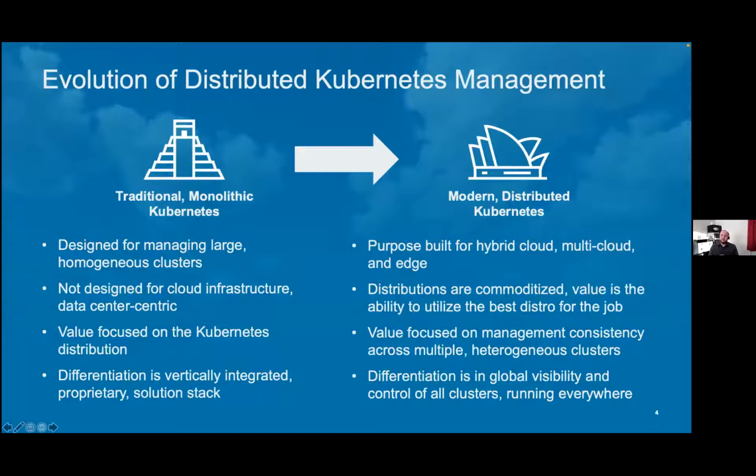With Kubernetes management, you can have a consistent interface to all of your clusters wherever they are running. You can also work with a combination of different clusters from different suppliers, different communities, serving different use cases as well. But bringing effective Kubernetes management to the table means that you have control over all of those clusters as well. I like to say that it can contain the chaos that Kubernetes can sometimes bring into an IT operations environment.